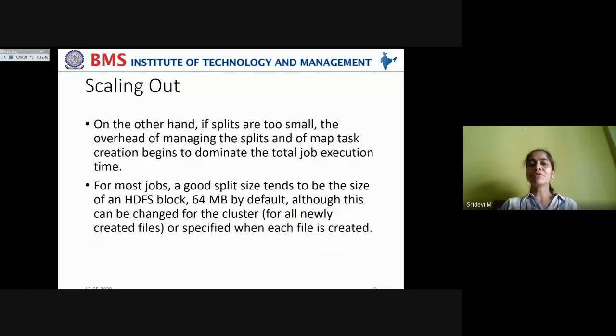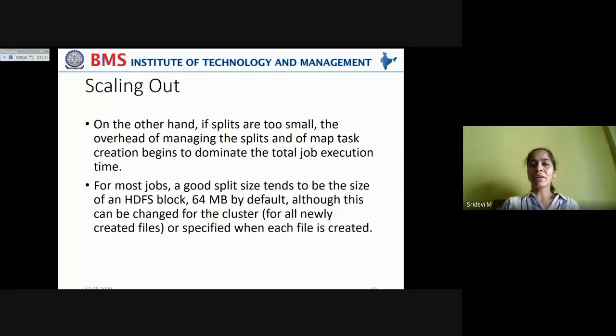Now, on the other hand, if splits are very small, what happens? Splits are equal sized chunks from the main input data. If the splits are made too small, the overhead of managing the splits and of map task creation begins to dominate the total job execution time.